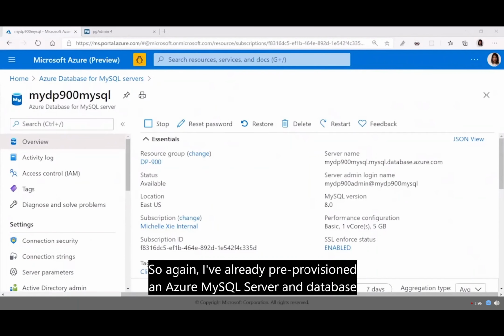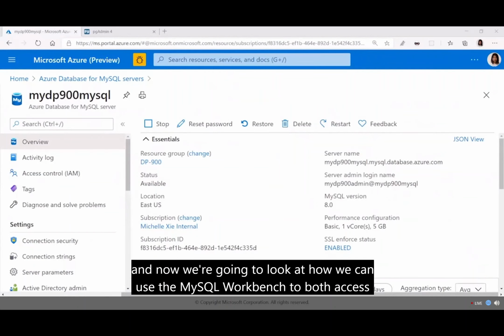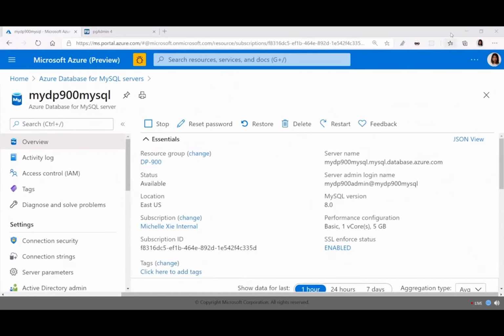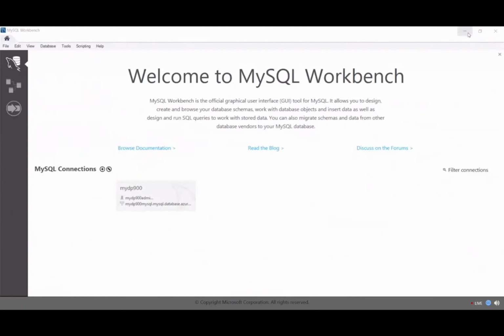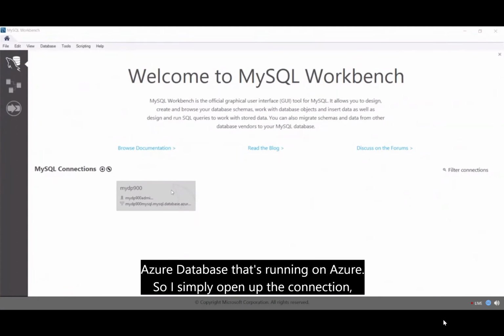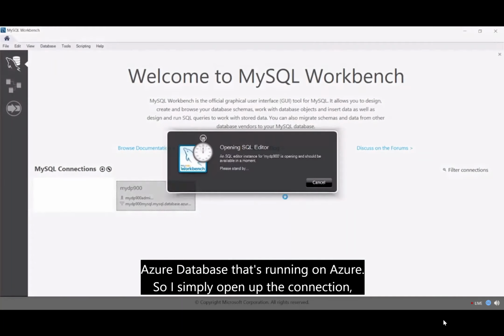So again, I've already pre-provisioned an Azure MySQL server and database that's running on MySQL. And now we're going to have a look at how we can use the MySQL Workbench to both access this MySQL database that's running on Azure and execute some queries against it. So I'm on my MySQL Workbench and I've already pre-connected to my MySQL Azure database. So I simply open up the connection